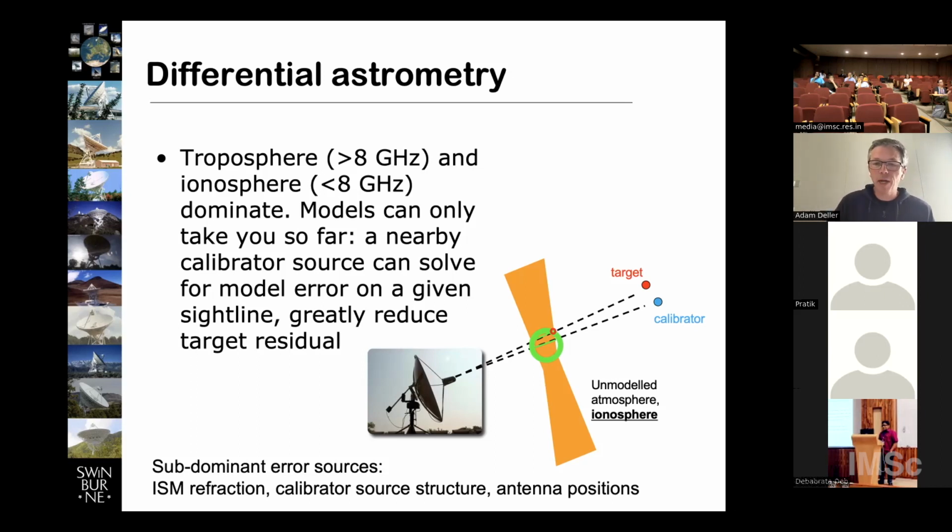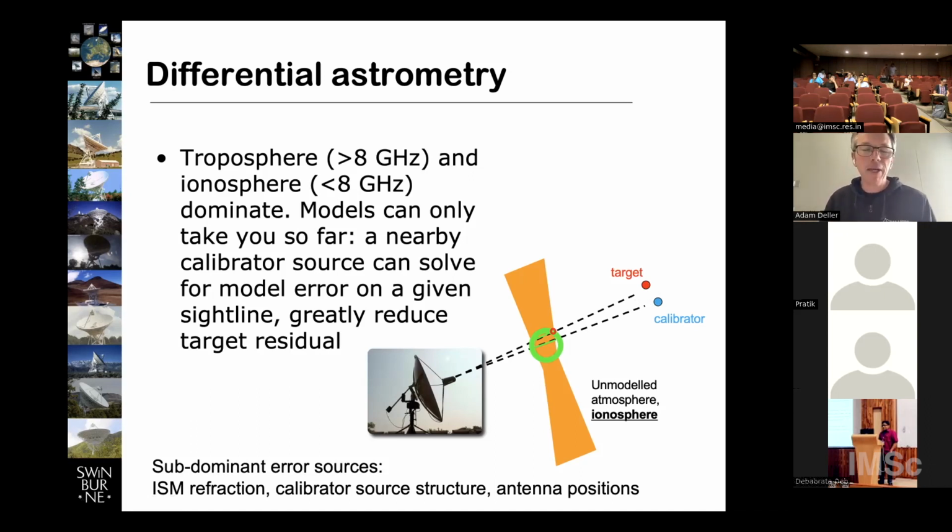And when we look at that calibrator source, which is shown in blue here, we'll see a relative arrival time delay between pairs of antennas, even though there should not be after we've put in our best model. And so we'll look at that residual error and say, well, whatever that error is, it must be coming from the ionosphere. And so I'm going to correct it so that my calibrator source appears at the right position on the sky. And then I'll take those same corrections and apply them to my target data.